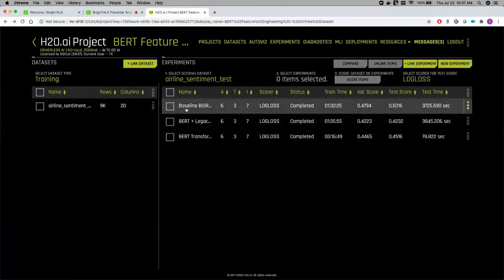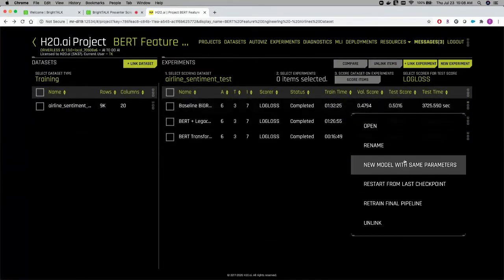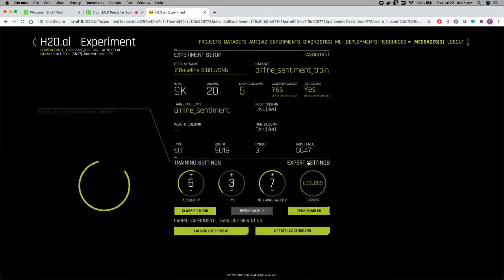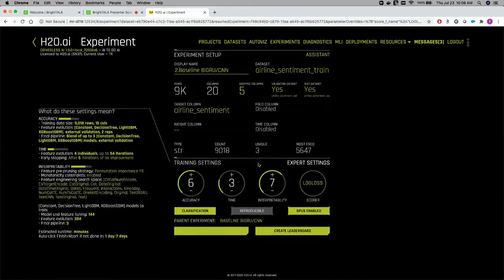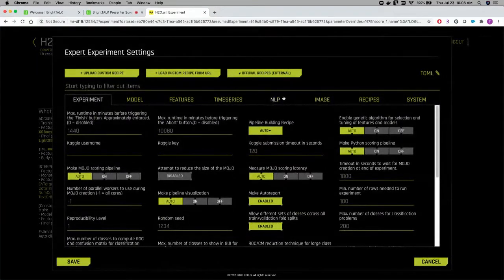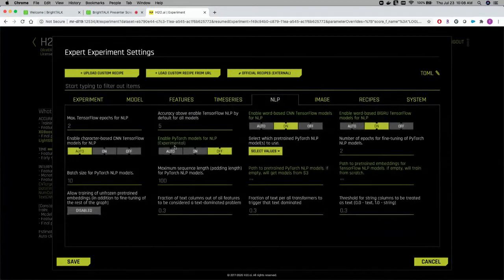What I'm going to do now is use this baseline model to enable BERT-based feature engineering. Let me show you how to do that. I'm going to start the same baseline experiment, but navigate to the expert settings here. You see right now it doesn't show any BERT models in the experiment preview, and this is the best place to see what's going to happen. In the expert settings, I'm going to go to the NLP tab. By default, the PyTorch models, which are all the BERT-based models, are in auto mode. What you want to do is set this to on,